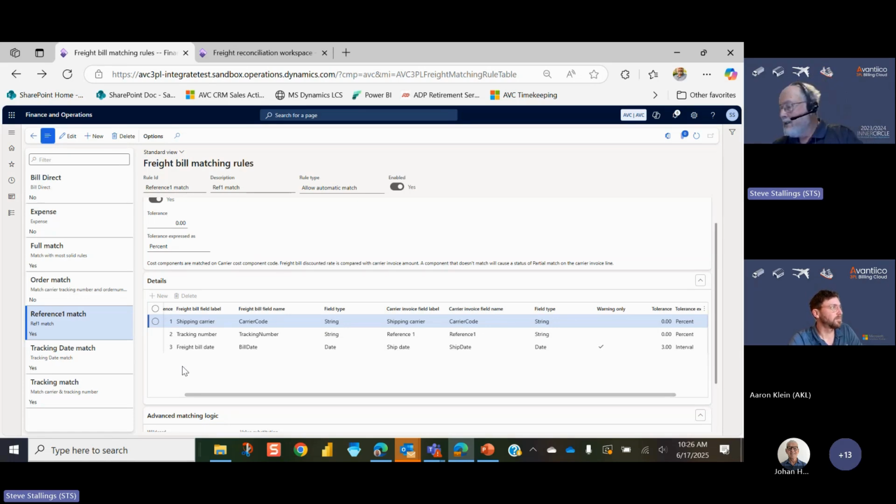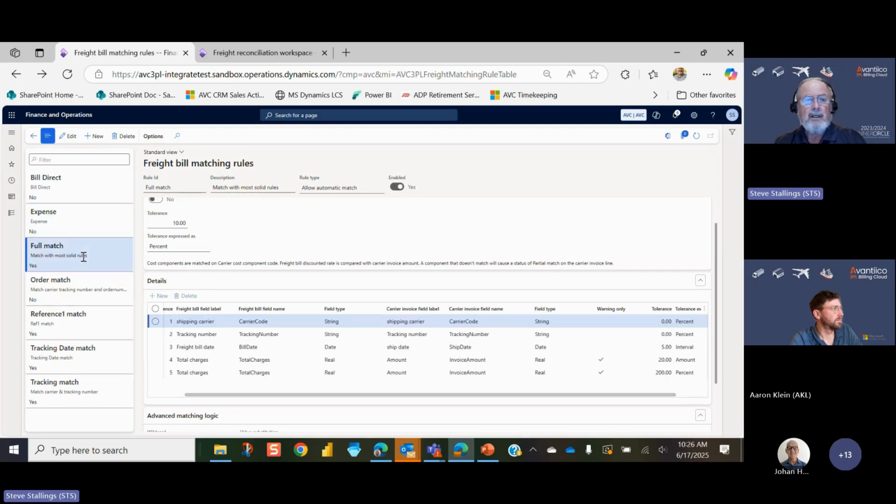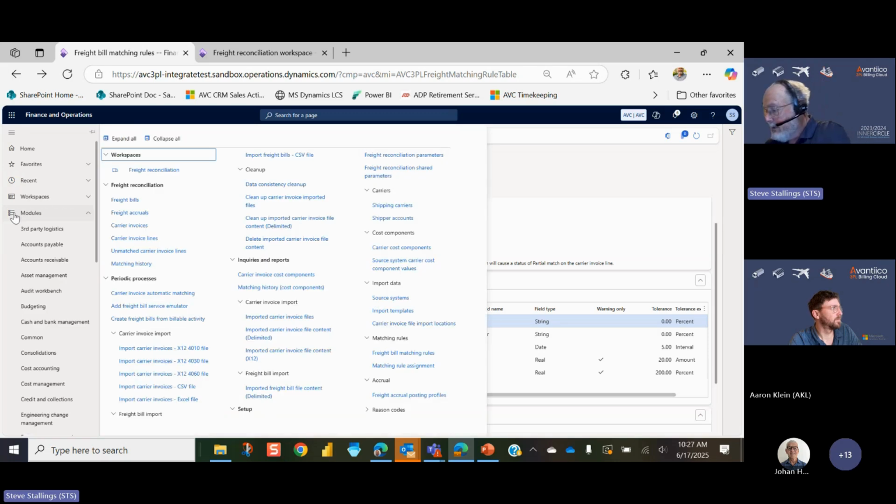Great, okay, so these are the matching rules that we've identified, and we've identified which ones are used for different types of activities here. This is demo data, so I don't have all of them set up. But this is what's used to automatically reconcile those freight bills. So moving back to our menu here, if we take a look at a freight bill matching history then,